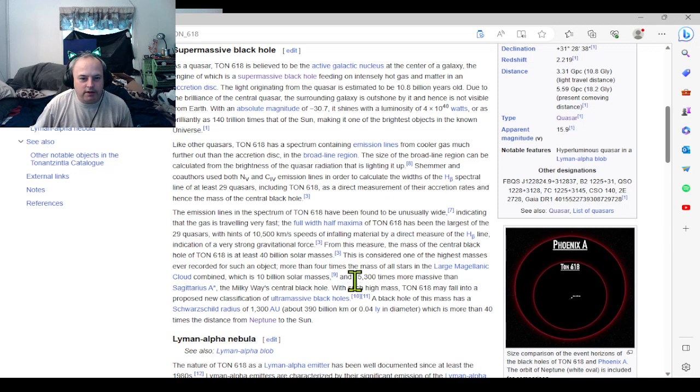here's some more information down here. So 10 billion. The Large Magellanic Cloud combined, which is 10 billion solar masses and 15,300 times more massive than Sagittarius A, the Milky Way's central black hole. With such high mass, Ton 618 may fall into a proposed new classification of ultramassive black hole. A black hole of this mass has a Schwarzschild radius of 1,300 AUs, which is more than 40 times the distance from Neptune to the Sun, and